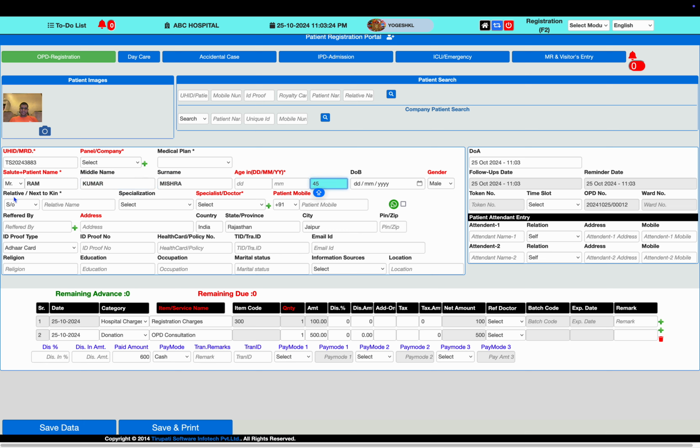You can put the patient age in days, months or years. If you also mention the date of birth, the age will be auto calculated by the system. For example, if I mention 30091987 and use the tab button, the system shows a tentative 37 years as the patient age. Similarly, here the patient relative name, like Ramesh Kumar.